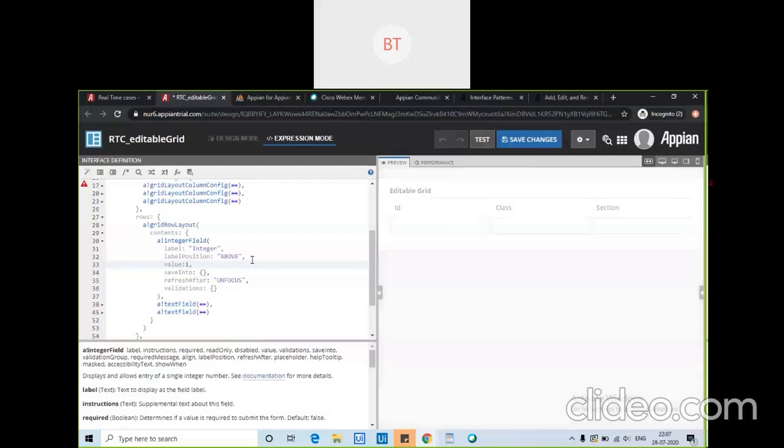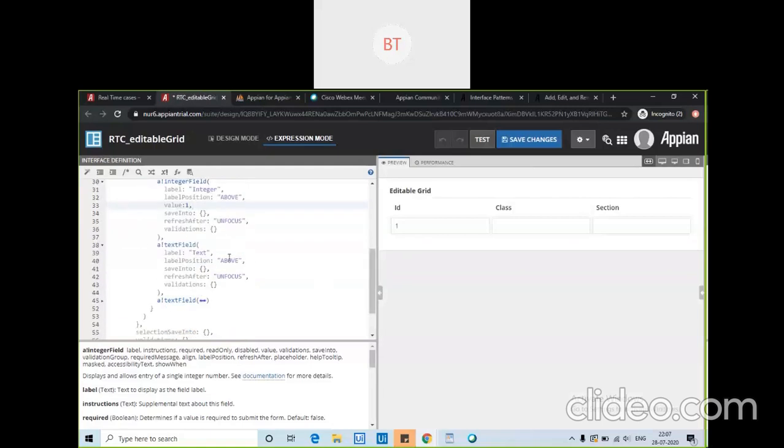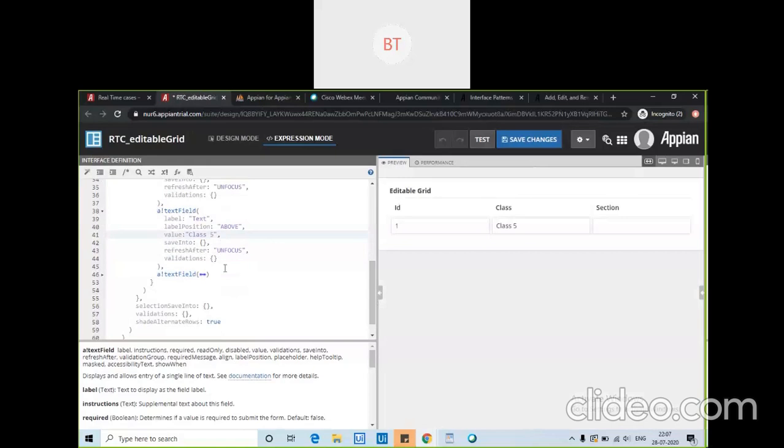If I give 1 here, it will show 1. Suppose in class we have class 5, right? Class 5. Okay, it has come here, and then again I will go here and give some hardcoded value here as well.